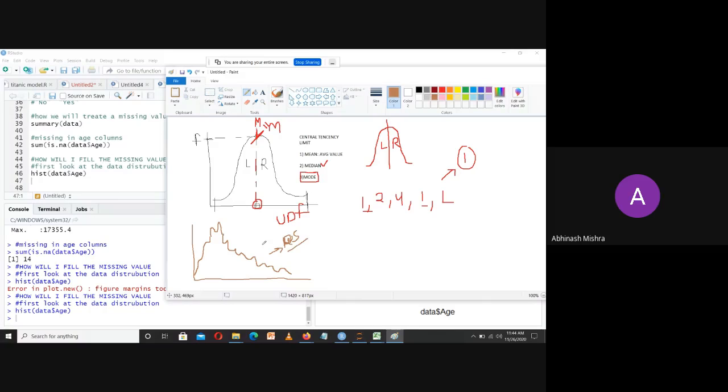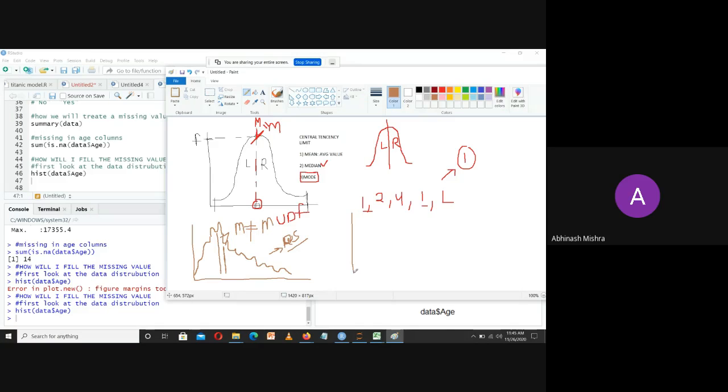When the data is distributed on the left, we will say that it is right skewed. Right skewed means that if the mean value is coming somewhere here, then the median is coming somewhere here. Means the mean and median do not occur at the same point.